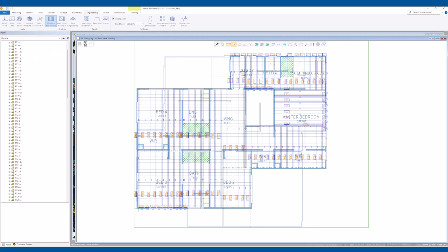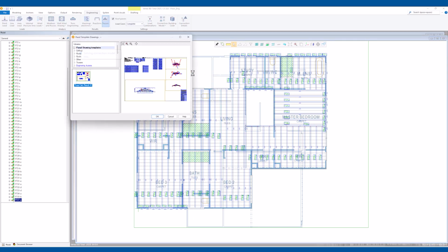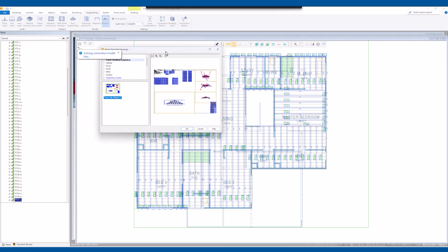Okay. Now if we close this window, we can see all the labels turned green, which means all the trusses have passed the truss engineering calculation. And now we just need to export the results. The most common one is the truss engineering drawings, which you just need to click the truss and select the truss,